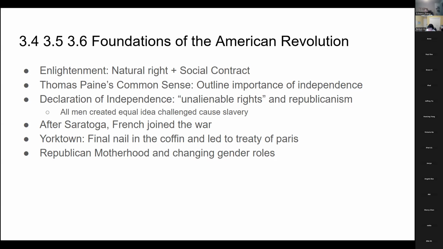And I'm pretty sure Spain joined the war at around that time as well, because they had confidence, right, that the colonists were not just a group of bandits that didn't know what they were doing. It was proof that they could stand up for themselves. And then Yorktown, it was like the final nail in the coffin for the British